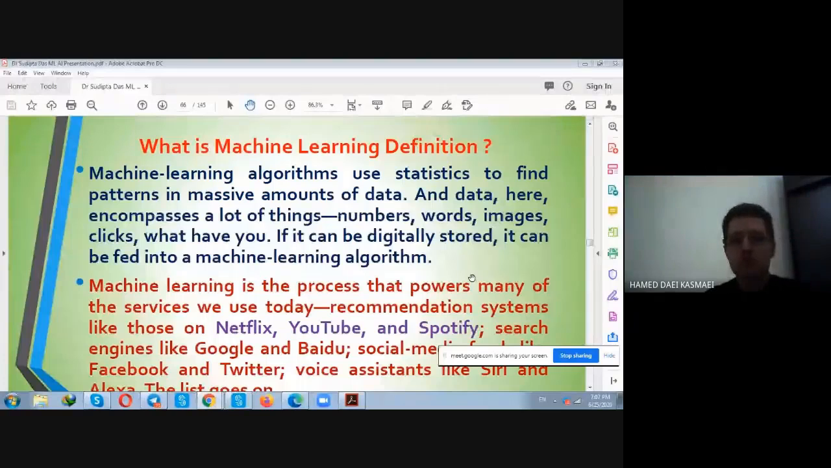Okay, so machine learning algorithms use statistics to find patterns in massive amounts of data, and the data here encompasses a lot of things: numbers, words, images, clicks, and what you have. Okay, if it can be digitally stored, it can be fed into a machine learning algorithm. Machine learning is a process that powers many of the services that we use today, recommendation systems like those on Netflix,